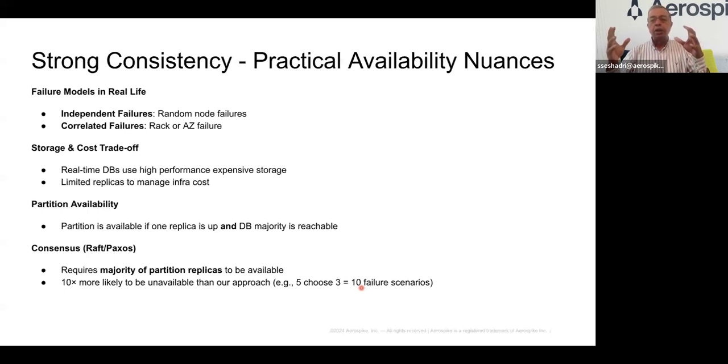And that becomes a cluster. The first question to ask is, does that cluster have a majority? That is, out of 51 nodes, does it have 26 nodes, for example? If it has 26 nodes, you are a majority. And if a partition has 1 replica in that, then you are available. By the way, just to be clear, I have not listed all the conditions under which we are available. There are 4 conditions under which we are available. I've listed the most important one to contrast with